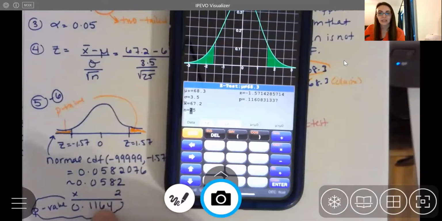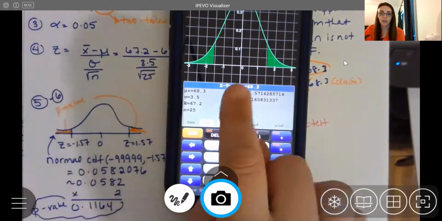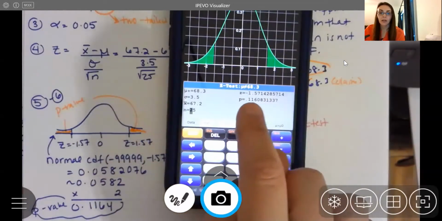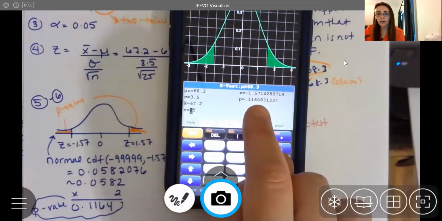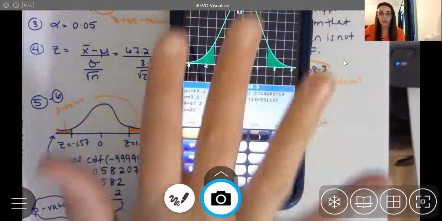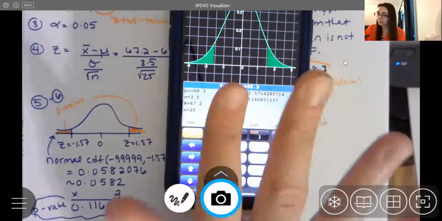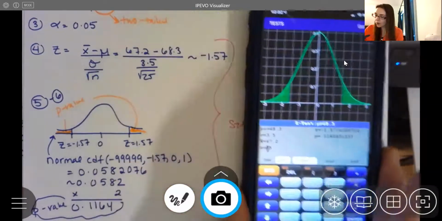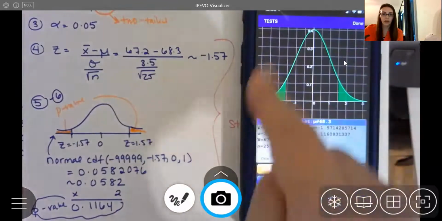Now we had 0.1164, and that's again due to rounding error. Because to use this, we rounded our z-score to 1.57, whereas your calculator is using 1.5714, etc. But you can see they're very close. So 0.1161 is our p-value here instead of 0.1164. This is actually more accurate. So this is really the way to go. And for me, you're welcome to use either method. It doesn't matter. So if you want to do steps 4, 5, and 6 in one shot, you can use